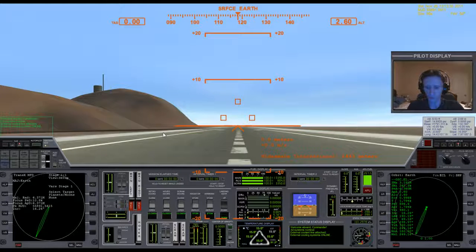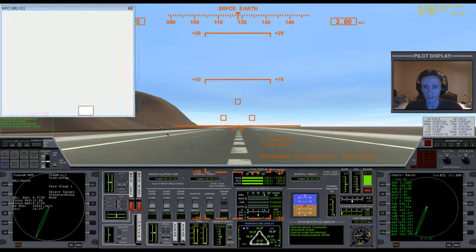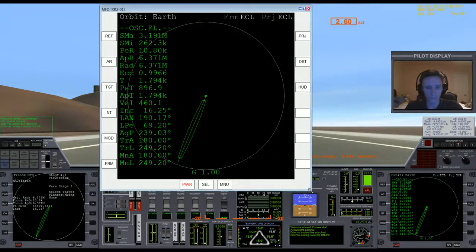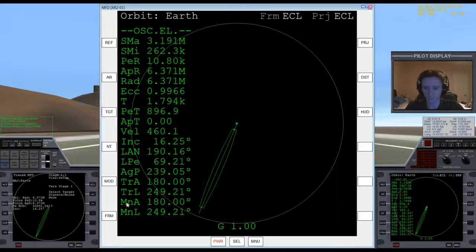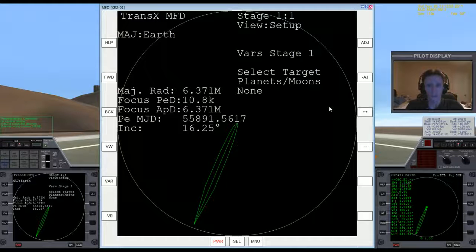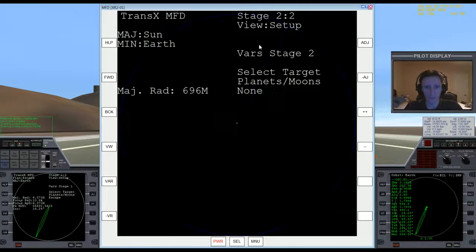And let's just go through the same process as before, where we bring up TransX and we try to find a good solution for getting to Mars. So we have TransX loaded over here, and we'll do most of the work on this side where we have the nice larger view. And in the interest of time, I'm going to go through this even more quickly than I did in the first part, trusting that if you need more step by step, you can always refer back to that other video. So again, plus over to escape, forward,